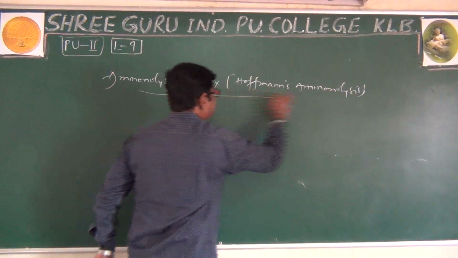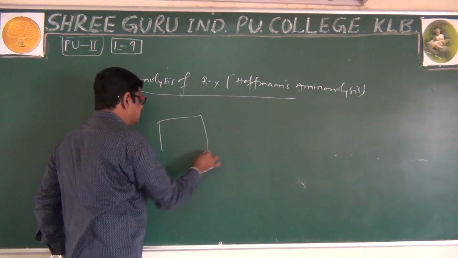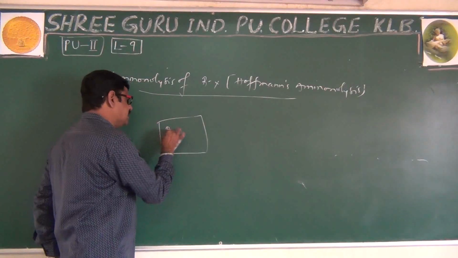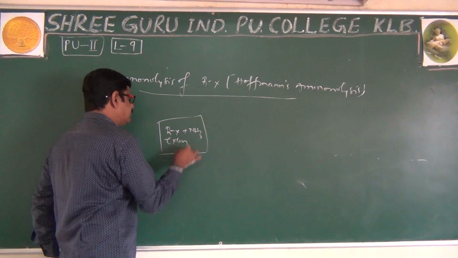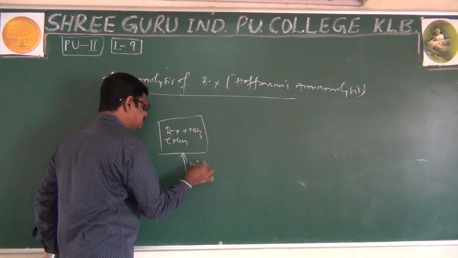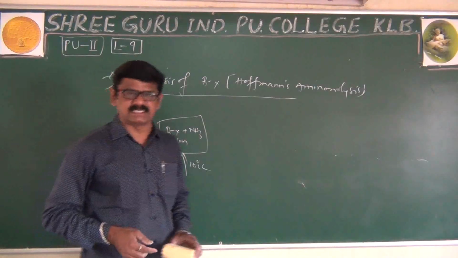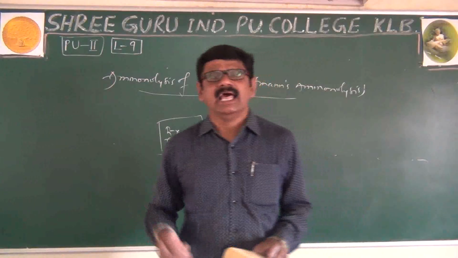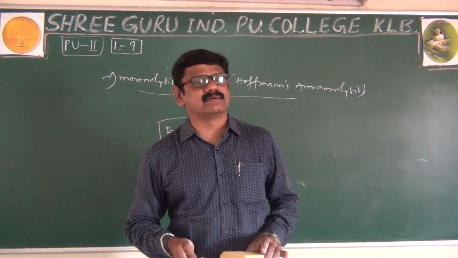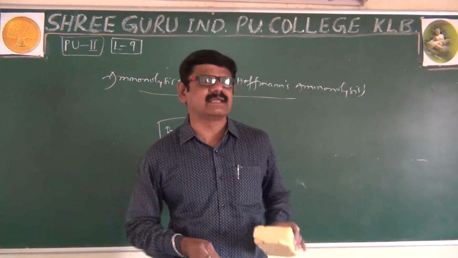Of course, I have explained everything. What we are doing here: we have taken a sealed container. We take excess of alkyl halide, to that ammonia we are adding, and this container we are heating at 100 degrees centigrade, nothing but 373 Kelvin temperature. Successive ammonolysis takes place. First we get primary amine, then secondary amine, then tertiary amine, and finally a quaternary salt is obtained. In this we get a mixture of components. That I have explained clearly.